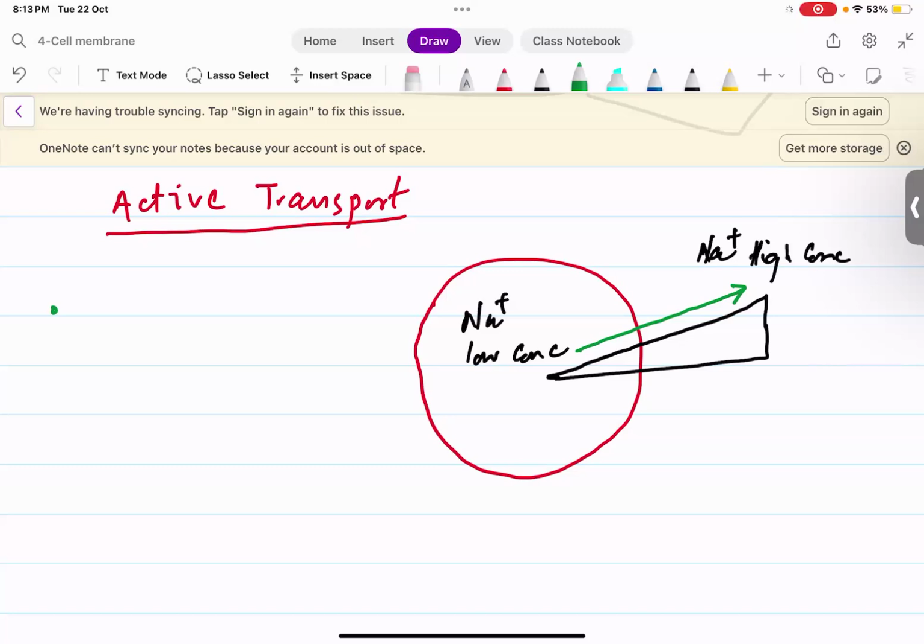Substances like glucose, amino acids are absorbed in the intestines by an active transport. Similarly, mineral ions like nitrates are absorbed by the root hairs by an active transport. And in the nerve cell, as I said earlier, the sodium ions are pumped out of the nerve cells by an active transport. So active transport is the movement